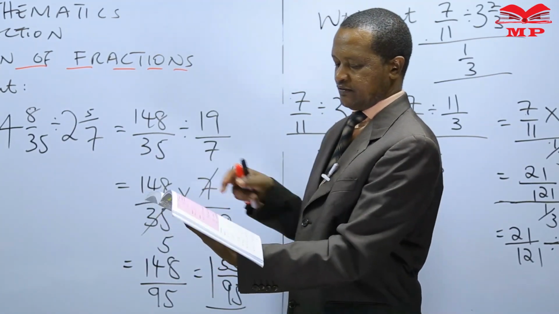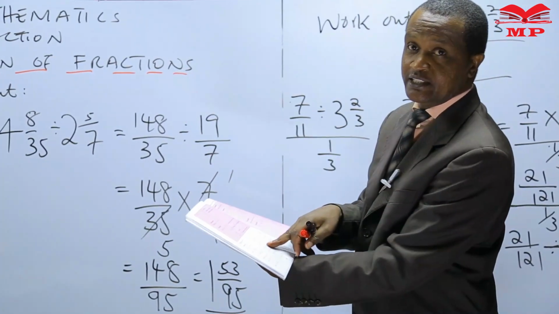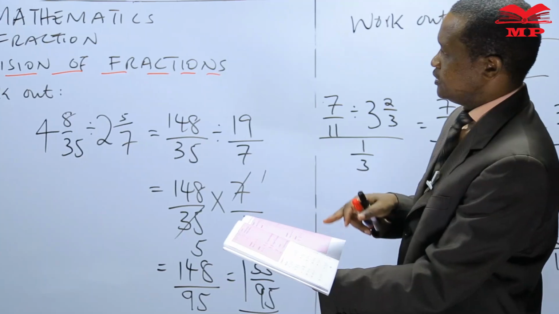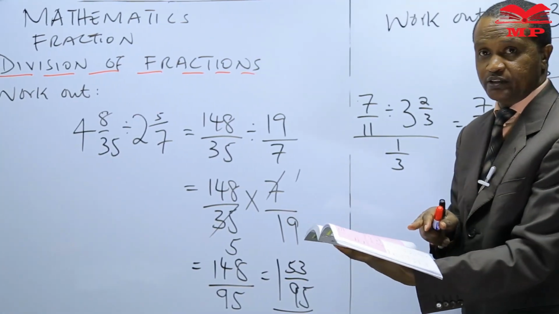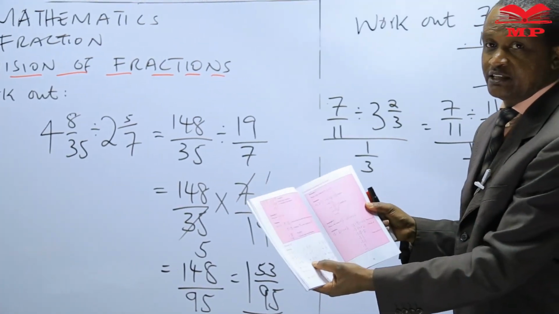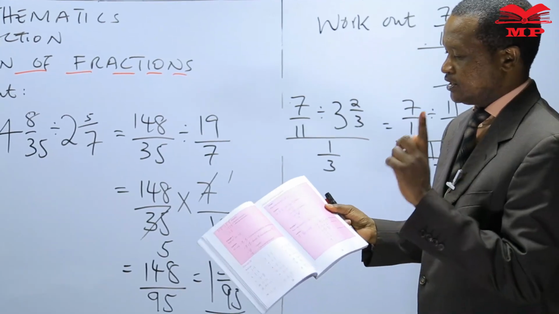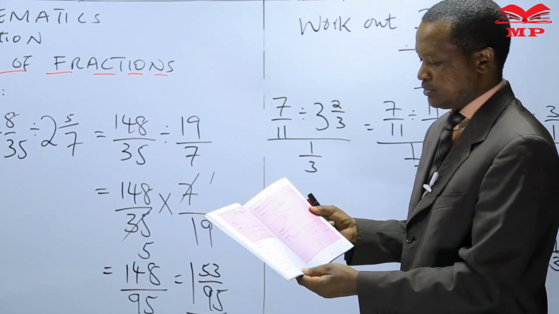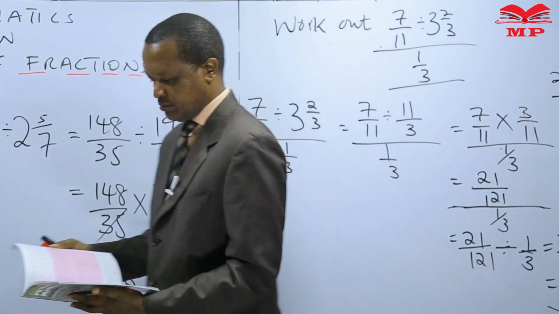I've done several questions here. These examples I picked from the exercise. It's your turn now to go to exercise 16 and work out the rest. Make sure the assignment is done so that when we meet next time, we will look at